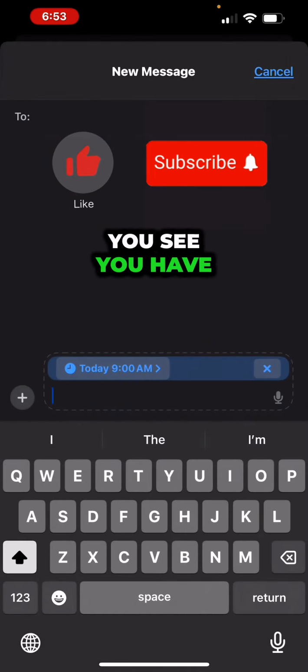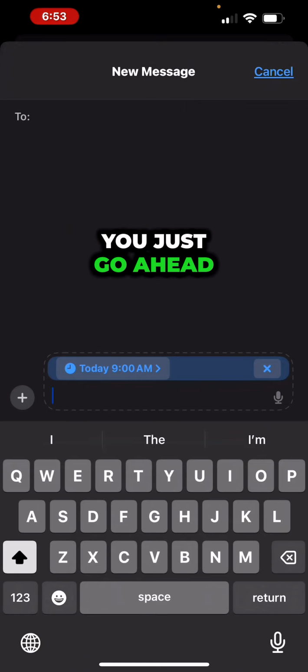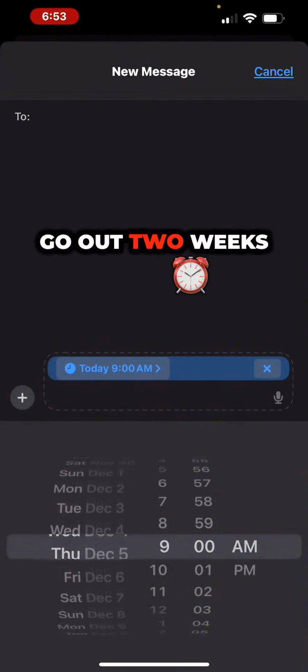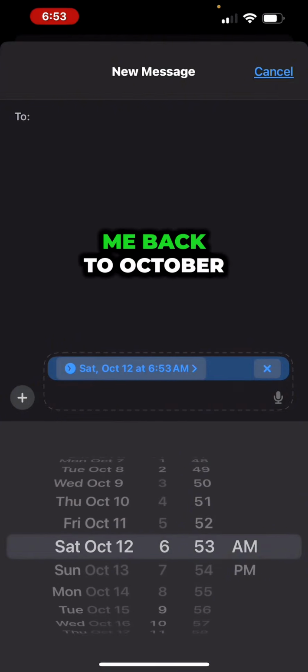And in here you see you have an option for choosing your date and time. You just go ahead and click on that blue bar. It'll give you a scroll option to choose a date and time. One thing I did notice is that you can only go out 2 weeks. So I'm scrolling all the way to January and it's going to pop me back to October 12th. So you can only go out 2 weeks with this, and you set the time that you want it to